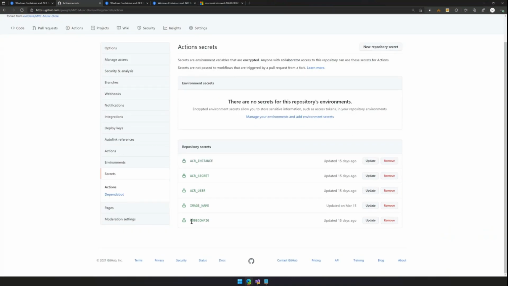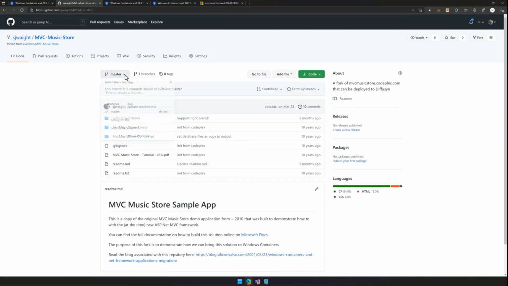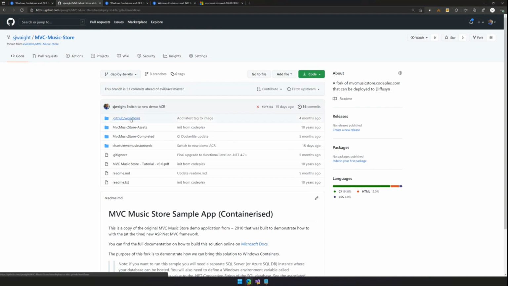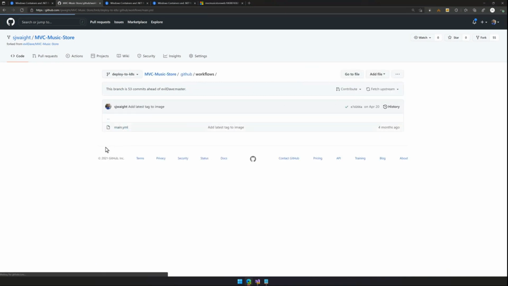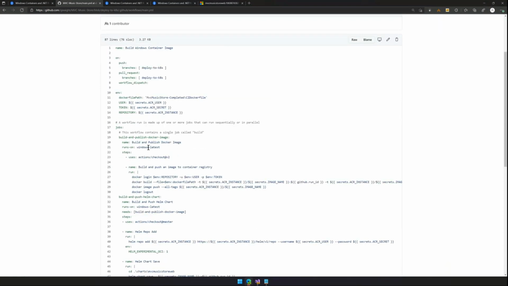And then we've got a final one, which is our Kubernetes config, which is used to actually deploy into Kubernetes, which we'll have a look at in a minute. But because we've got these secrets here, it does mean that we can have those references in our workflows here, and that will be pulled in at runtime. There are environment variables that GitHub provides you as well, but for user-centric information that's custom to our particular application, we're going to pull those in like that.